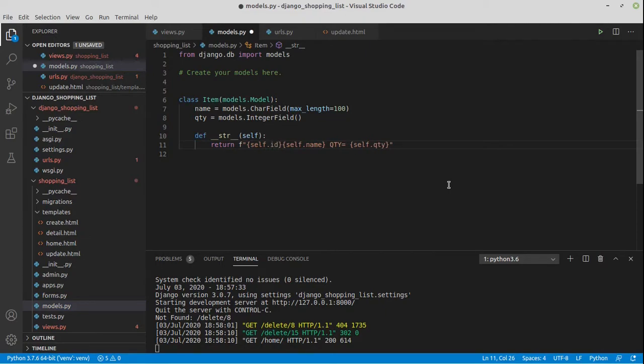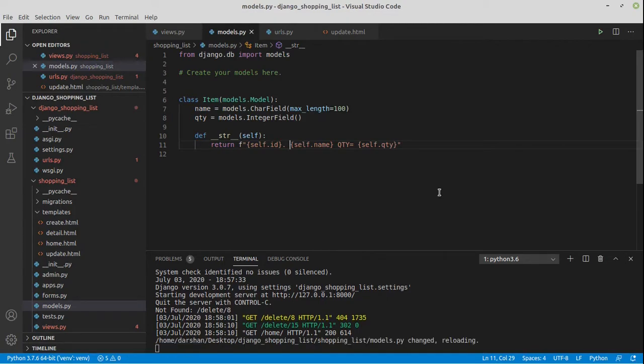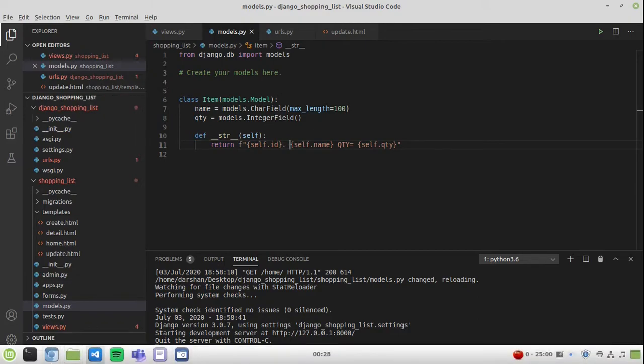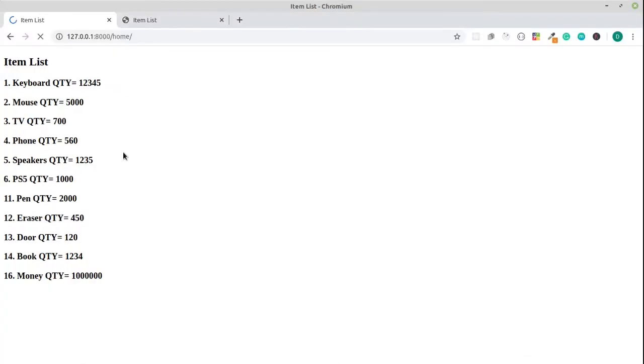After we return self.id, we will just know what is the number of the item that we want to delete. Now I've saved it. Let's go over there and see. Okay, so this is the way it works. I think I had created a few items and deleted them before. That's the reason it's